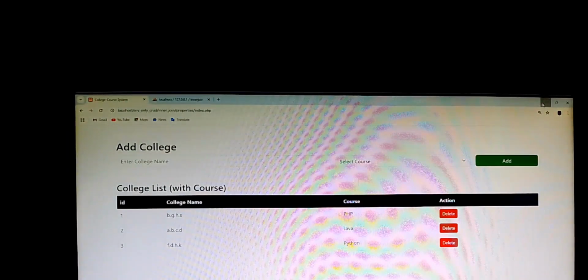Under that prepare, I'm inserting the table, the column names and the values. I'm writing those values as parameters, which will prevent SQL injection. Then I'm binding those values to the parameters, $name, which means this one, and course ID, which means this one. Then simply execute it. Okay, this is the add of the college names. You can see the add portion over here. I can add the college names one by one.